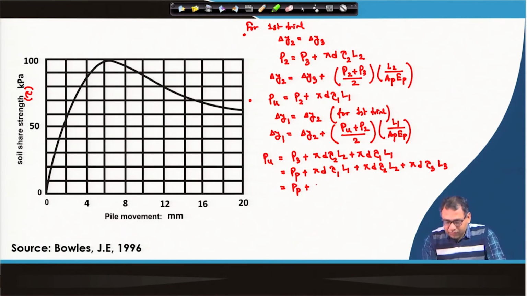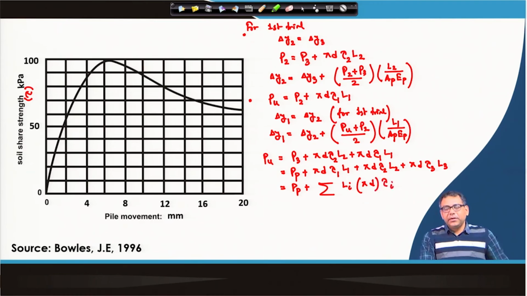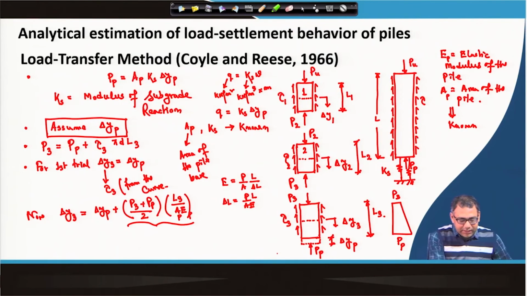if the pile has a uniform diameter, or you can keep it inside, this is L I, then pi d I or pi d into tau I. So, by the trial, if I know the L I, pi d also I know, it is known. So, only we have to know the tau I. So, for every segment, if I know the tau I, then if I add them, then you will get the P u. So, we have to know the P p only,